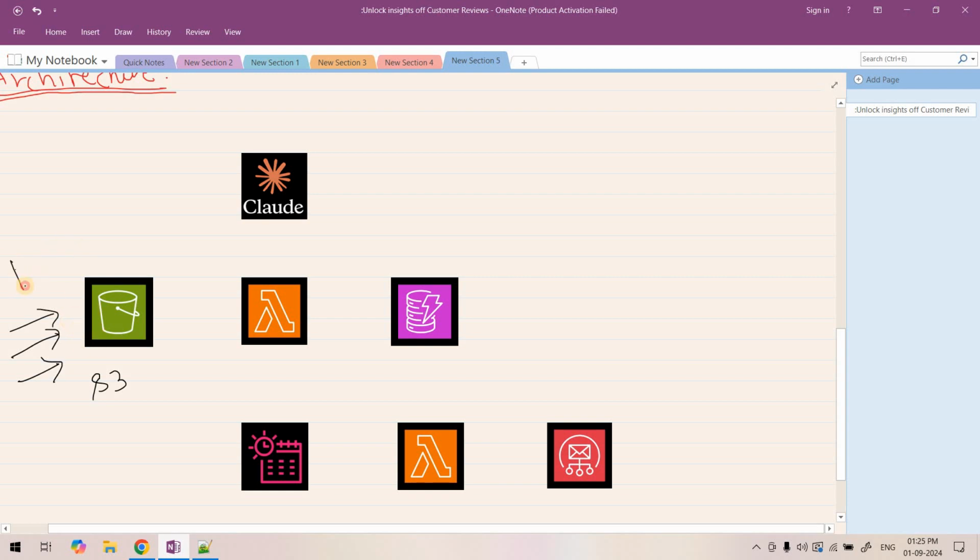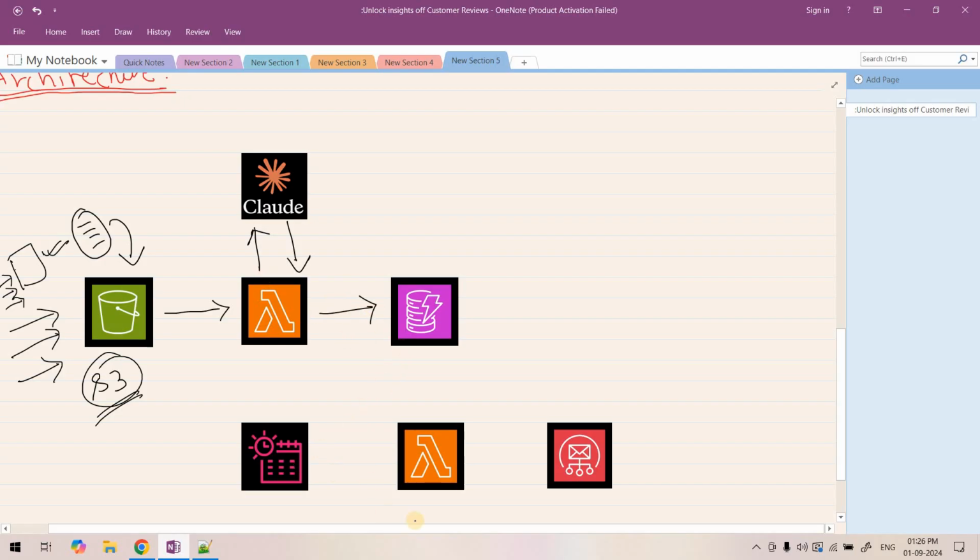Maybe here we are having some Firehose where, on the input side, from the Kinesis stream, in real time, all the customer reviews are coming. But Firehose, using a buffering technique, combines multiple reviews in a single file, and that file it is dumping in our S3 data lake. And once the file lands in S3, it can trigger Lambda. Lambda can take help of a Claude generative AI large language model to extract the customer insights,